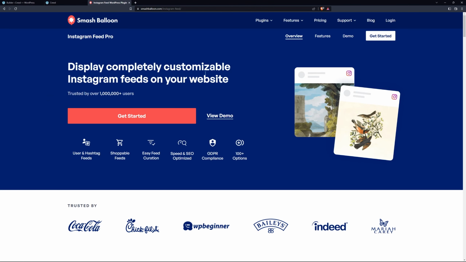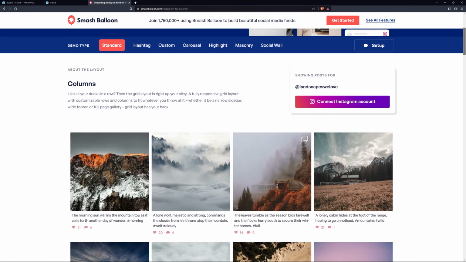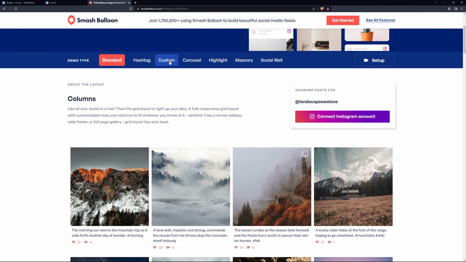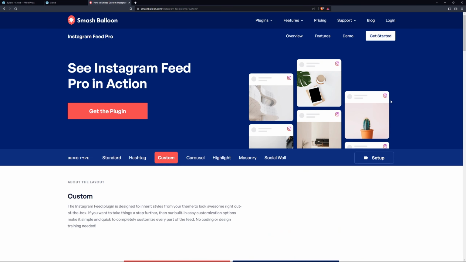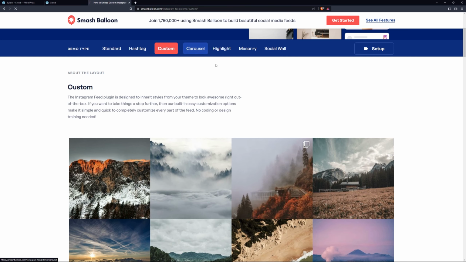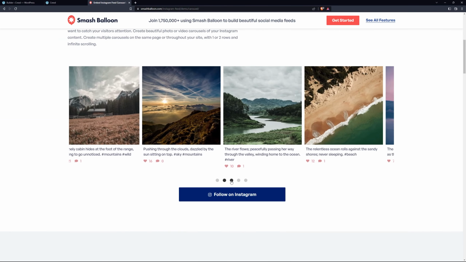If we click on Instagram here and we just view the demo quick, they have different options for how to display your Instagram photos. So here's a simple one. This is the standard way. But if we go under custom, you can see how you can fully customize the look and feel of it. If I scroll down, there's a very nice clean look here that you could apply to your website. There's also a carousel that you can go through, and you can click the different buttons here to go through